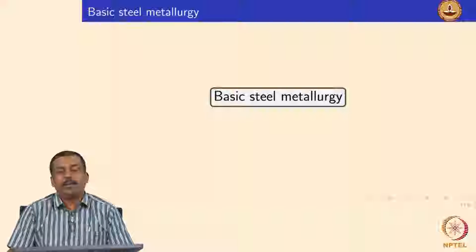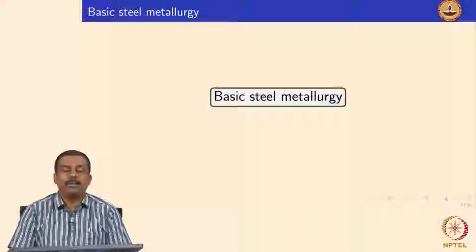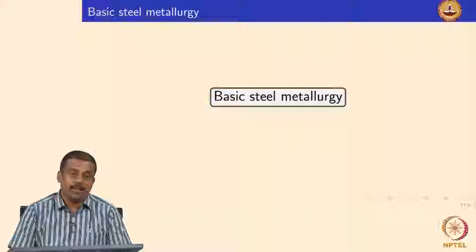So steel, you all know that it is an alloy of iron and carbon. Okay, so we add carbon into iron. Apart from carbon, we also add other alloying elements. Various alloying elements are possible. The most common are manganese, silicon, chromium, nickel,